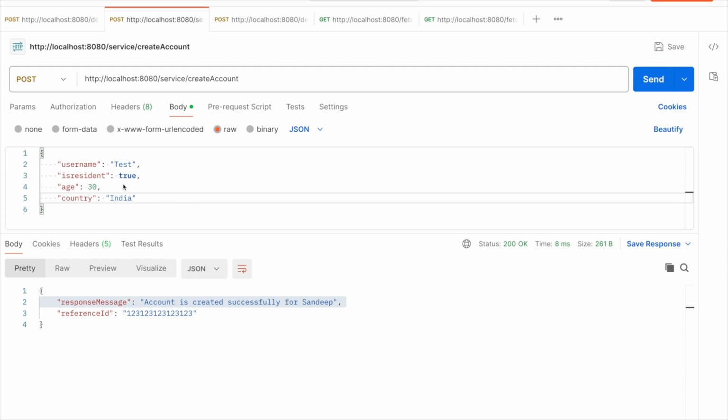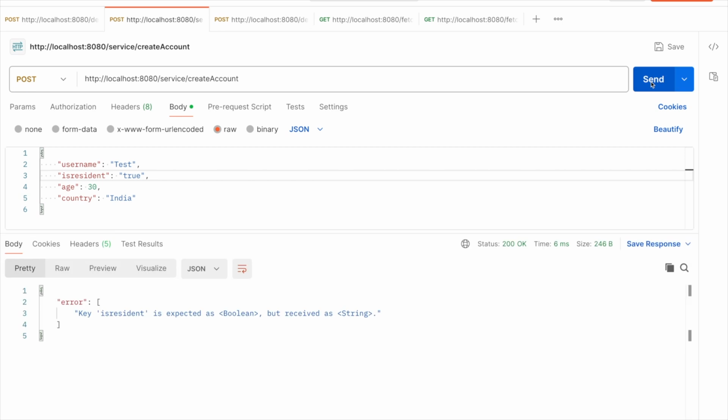Let's see a couple of examples like how Service API responds to invalid data types received in the request. Let's start by sending a string instead of a boolean and see how Service API responds. It identified isResident is expected as a boolean but received as a string. Let's try another example by sending string instead of integer and send integer instead of a boolean and see how